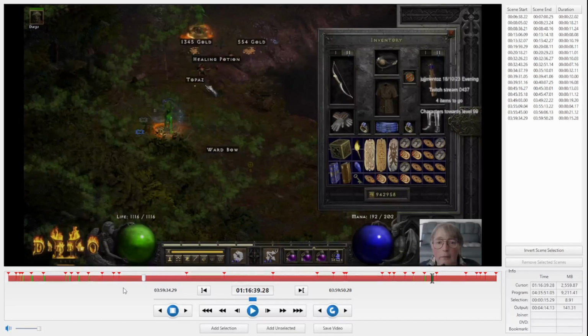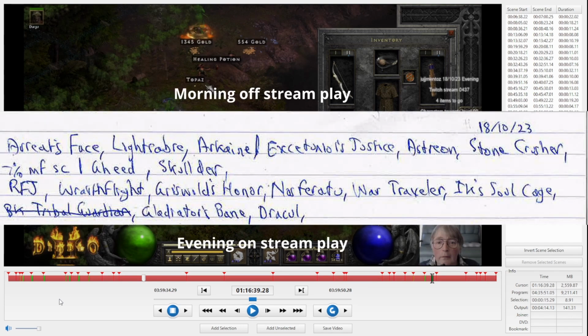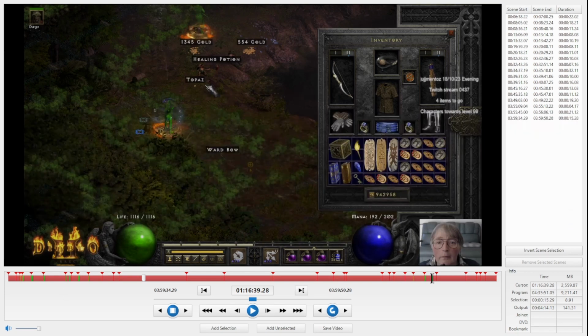So these scenes in the green are all the items that I thought were noteworthy of possibly being included in the October month's drops video. They include Rainbow Facet Jewel, Wraithfight Ghostglaive, Griswold's Honour, Nosferatu's Coil, War Traveller Battle Boots, Immortal King's Soul Cage, Gladiator's Bane, and Dracul's Grasp. So I'm going to save this video here, all the green sections,